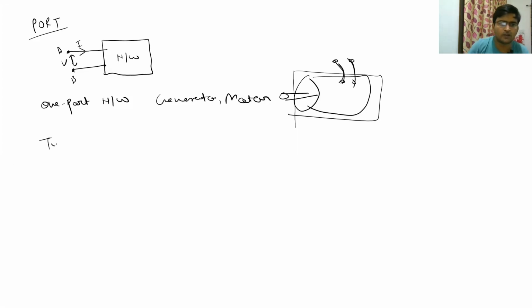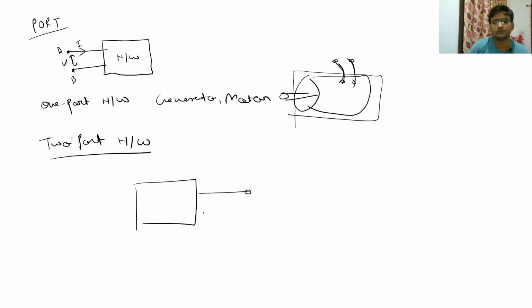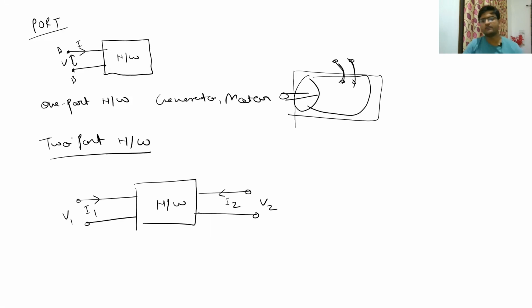Similarly, what is a two port network? In a two port network, as the name suggests, there will be two ports like this. Since there are two ports, there will be two voltages at these terminals. Let us call them V1 and V2, and similarly there will be two currents also, I1 and I2. As a convention, we will take the currents I1 and I2 entering into the network. This same convention we will be following throughout this topic of two-port networks.